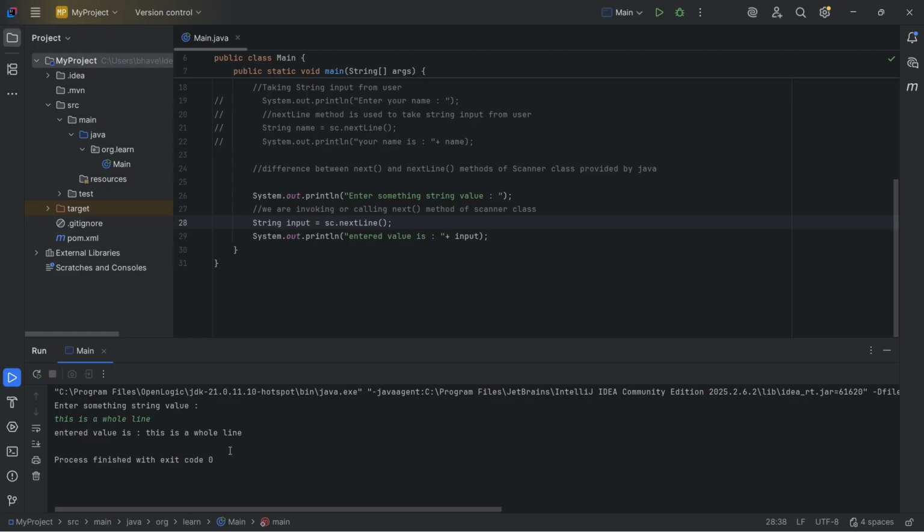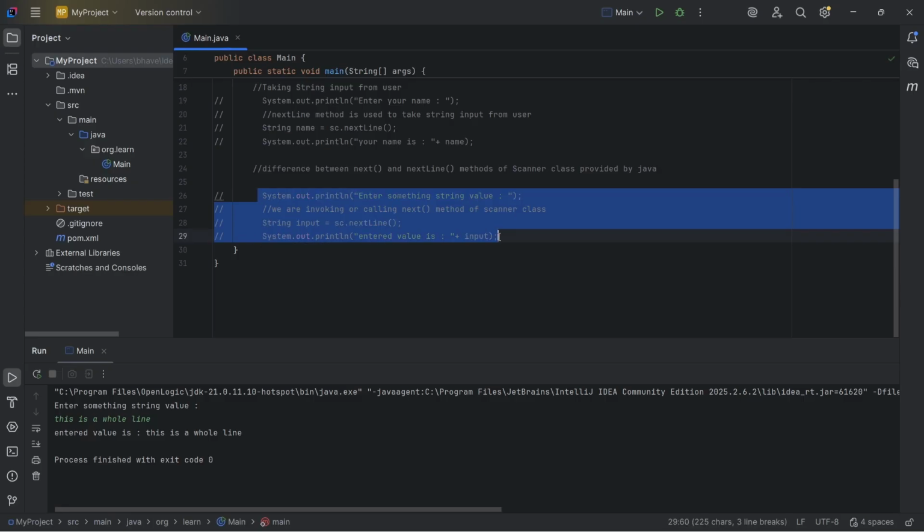So a common interview question is the difference between next and nextLine. So the next method reads only one word and stops when it encounters a space, whereas the nextLine method reads the entire line including spaces. I hope it is clear now. We will comment out and we'll move to next example,